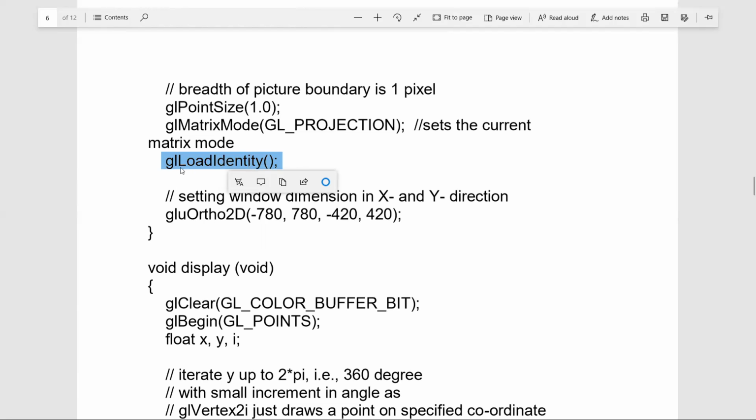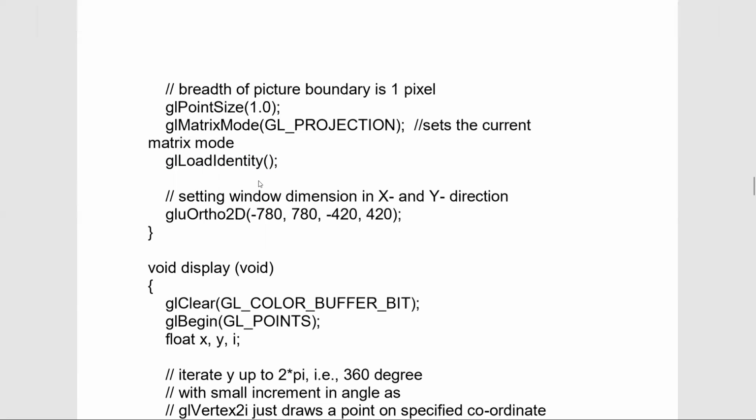So there is a call to the glLoadIdentity function. There are no parameters passed to this function. What does it mean? It says that the identity matrix has to be loaded. We know that all the 3D transformations or even 2D transformations are in terms of matrix multiplications, and we need the identity matrix always. So the glLoadIdentity function will load the identity matrix.